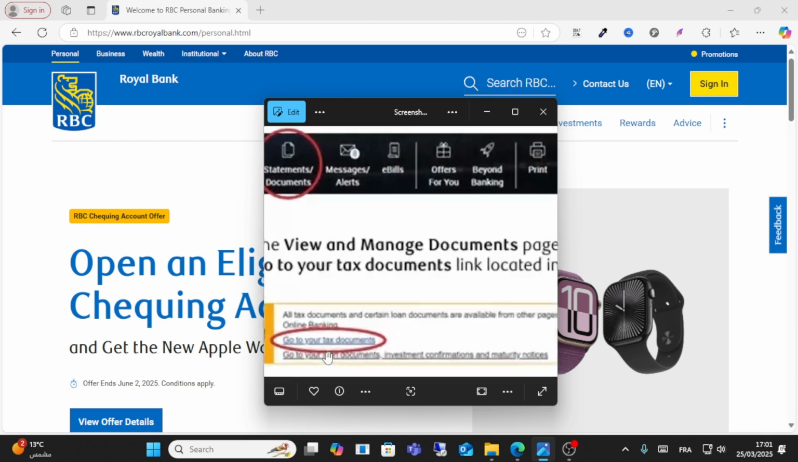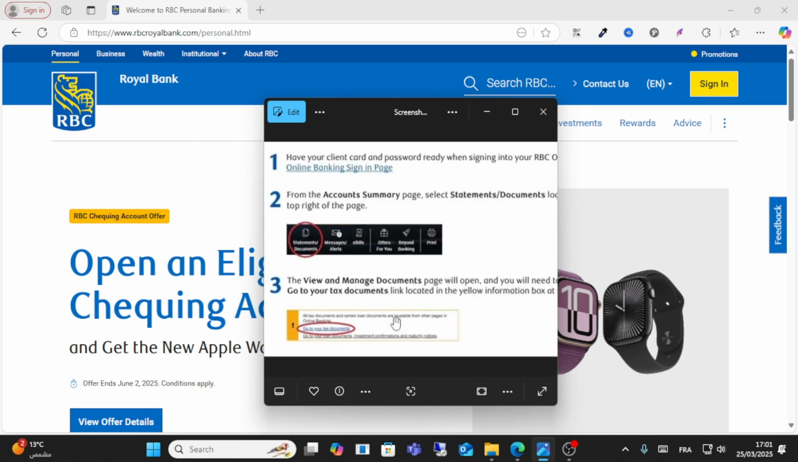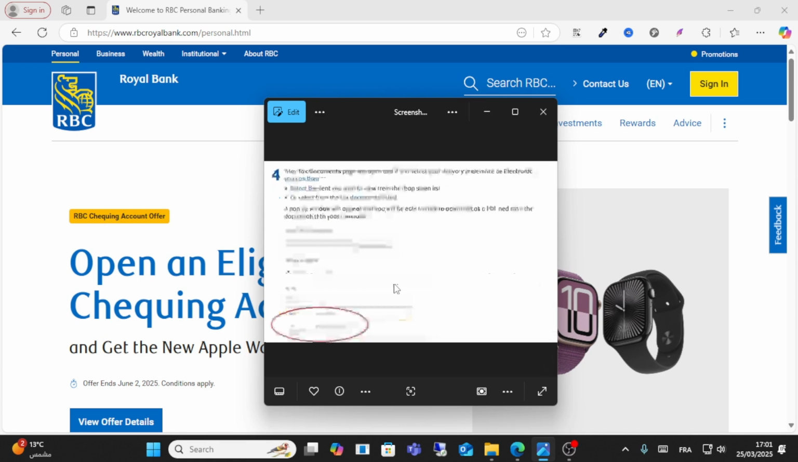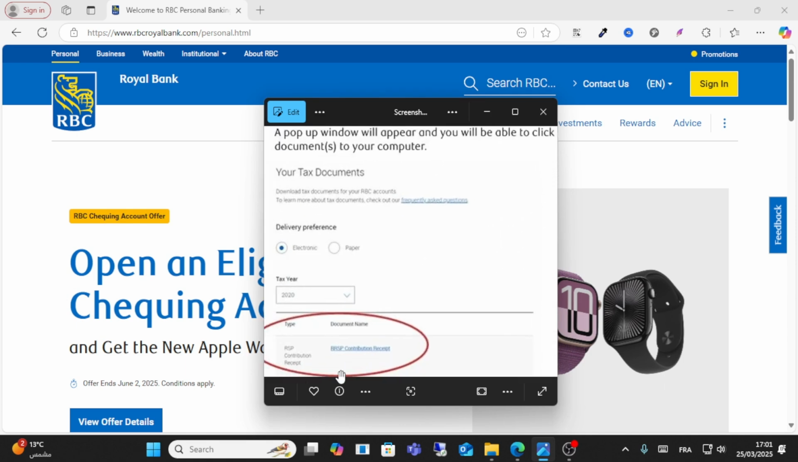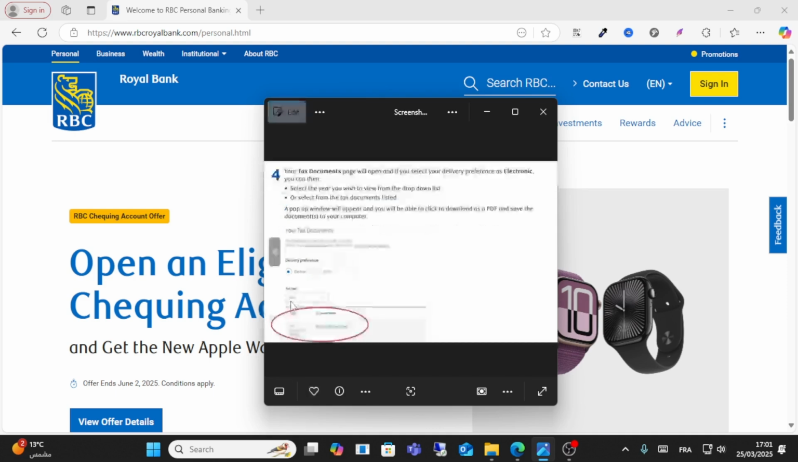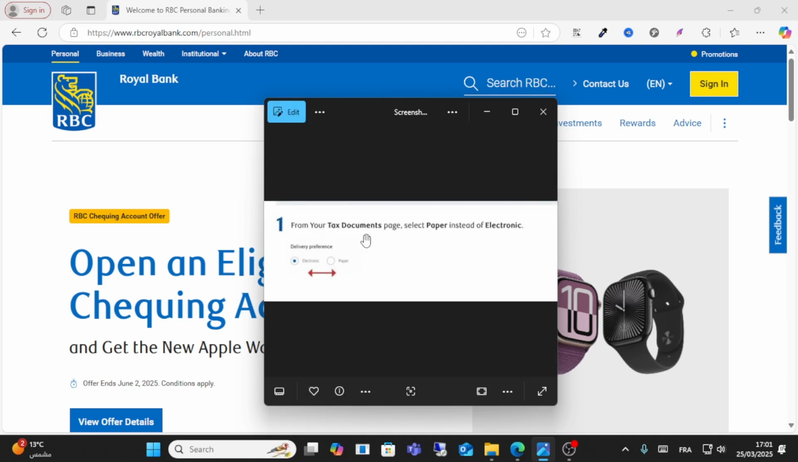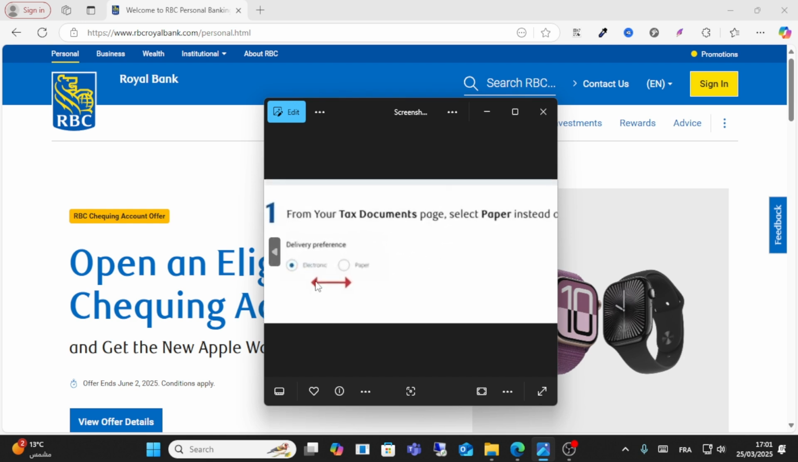open this page. Go to your tax documents. After that, guys, all you have to do is select your tax and select this RBC recipient and your tax document from here. After that, guys, select this year's T5, and after that, from the tax document, select the paper you have,